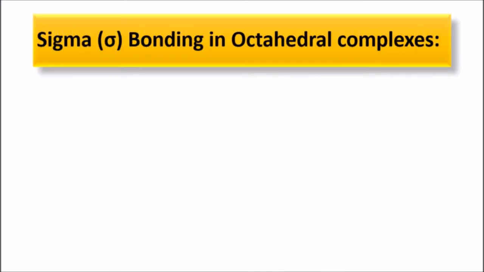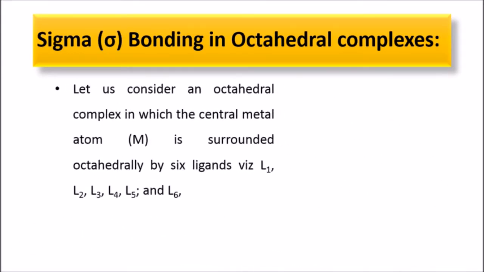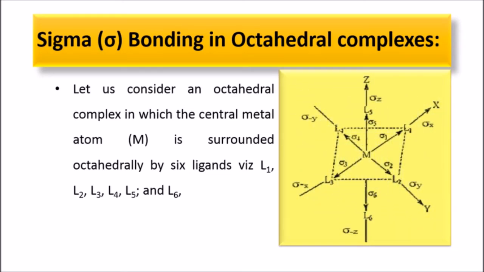The first point, sigma bonding in octahedral complexes. Let us consider an octahedral complex in which the central metal ion is surrounded octahedrally by 6 ligands, L1, L2, L3, L4, L5 and L6. A common example for this is the hexaammine cobalt(III) complex. Here you can see that the central metal ion is over here. This is ligand 1, ligand 2, ligand 3, ligand 4 in a planar position, ligand 5 and ligand 6 on